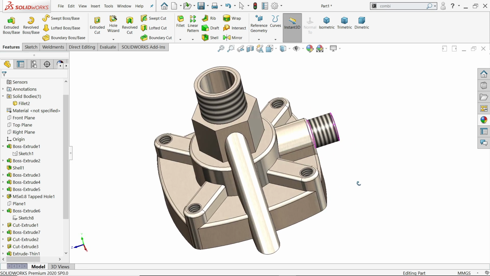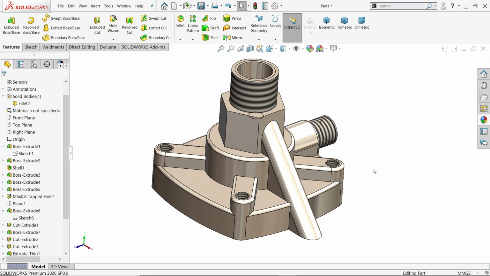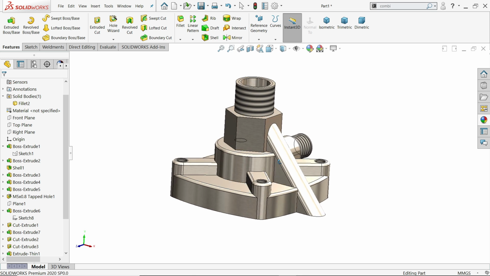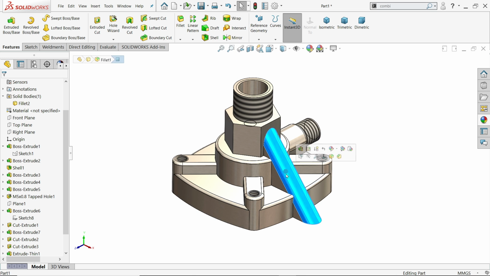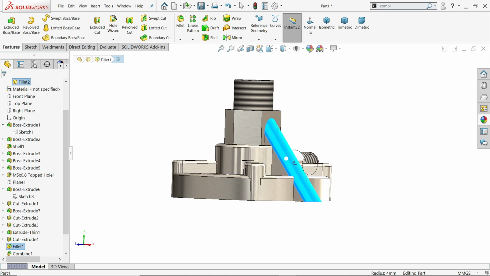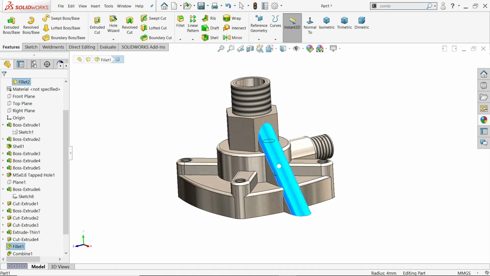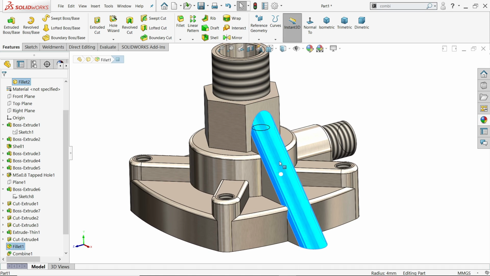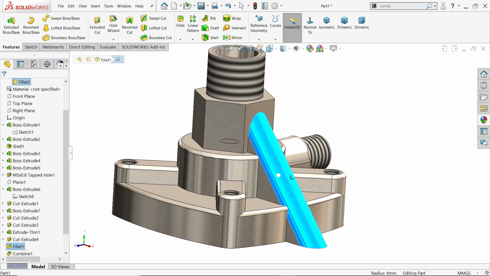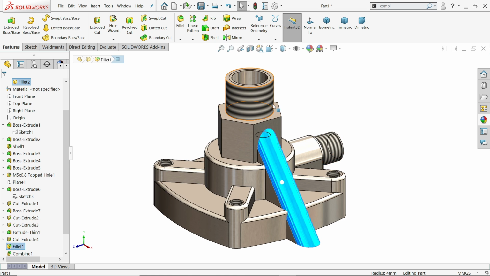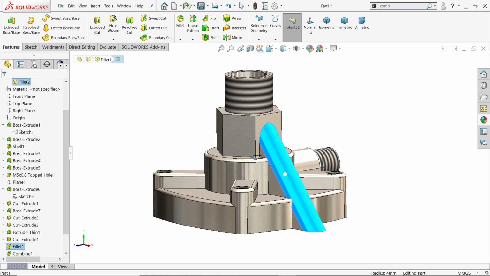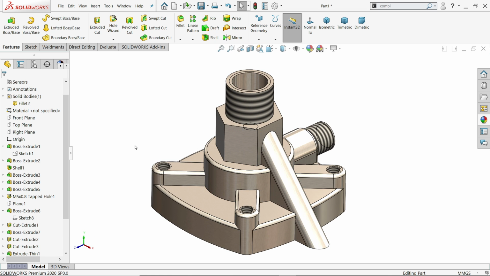Today we are going to take a complex part modeling in SolidWorks and we will create this complex model in SolidWorks. This is a rib, but we are going to create it with the extruded boss base tool because in this condition it's difficult to create this rib with the help of the rib tool, and we will apply some cosmetic threads here and we will see some more things here. So let's try to make this exercise in SolidWorks.